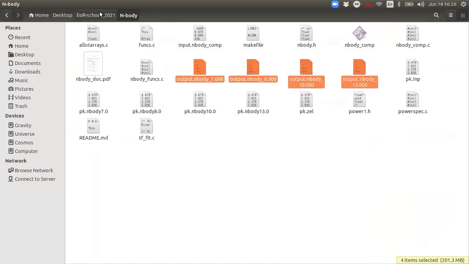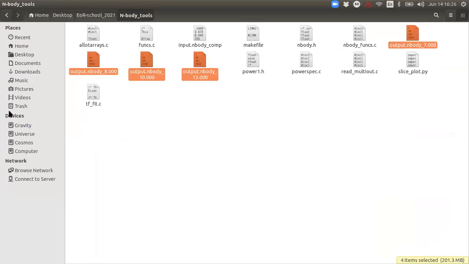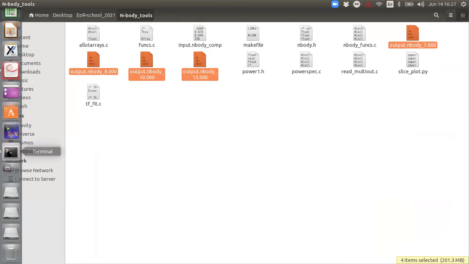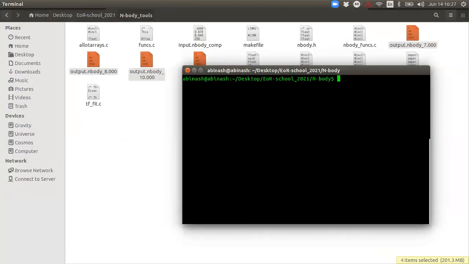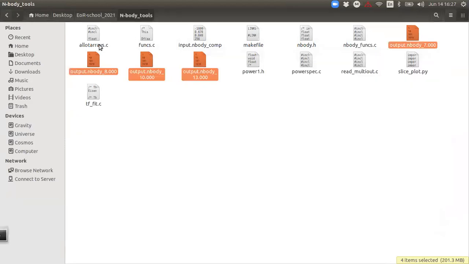I will move this. Don't worry, I will share these folders with you at the end of the class. Okay, so let me switch to another folder, n-body tools. Okay, fine. So here you can see that similar files are there.